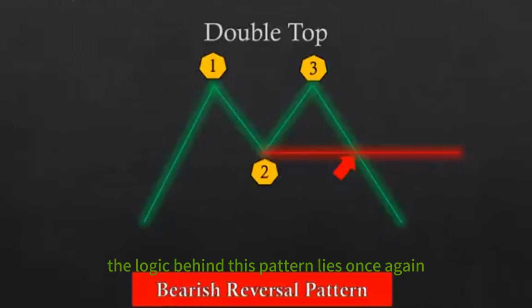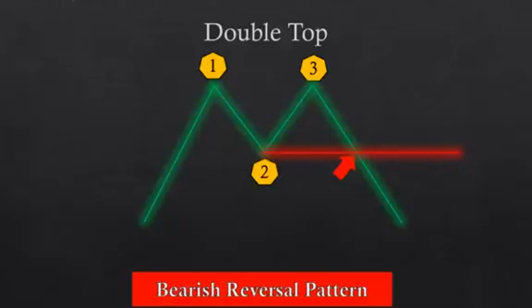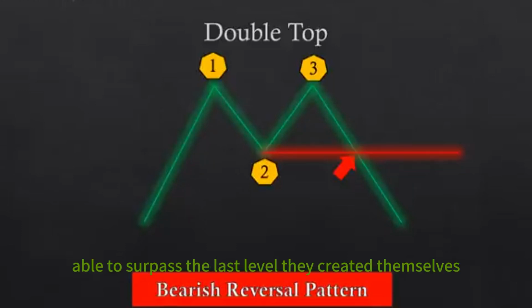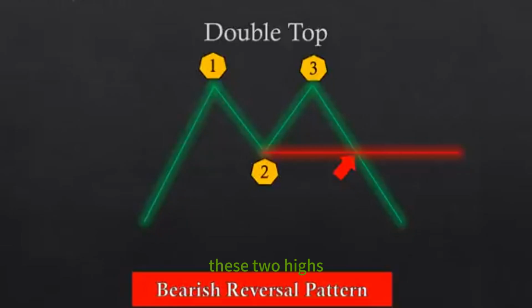The logic behind this pattern lies once again in the simple mechanics of highs and lows in the chart. A double top means that there are two highs hitting the same level, and that means that the second high failed to go above the first one. This is a sign of weakness of the buyers because they were not able to surpass the last level they created themselves. If price is able to break below the low in between these two highs, it means that sellers